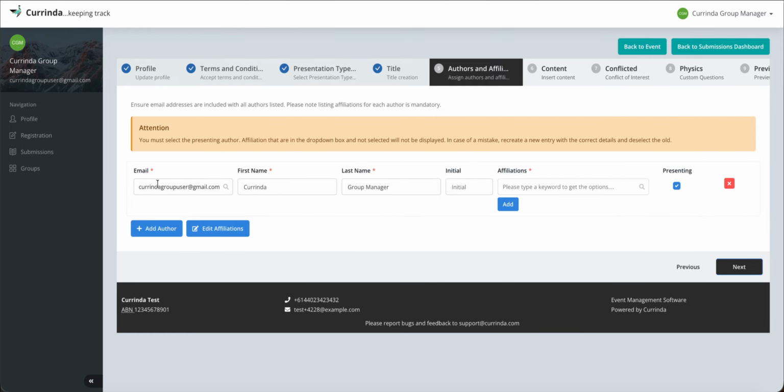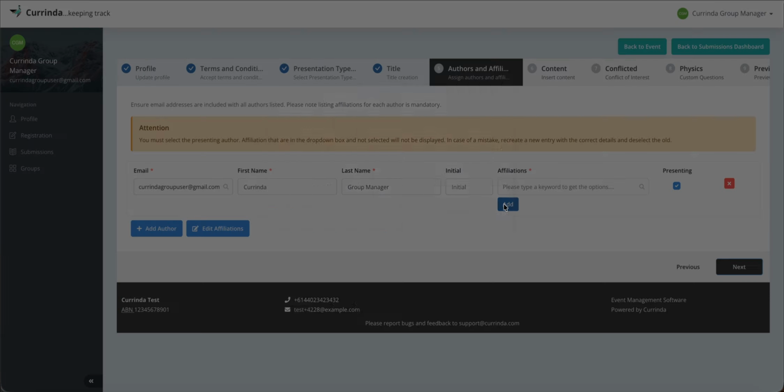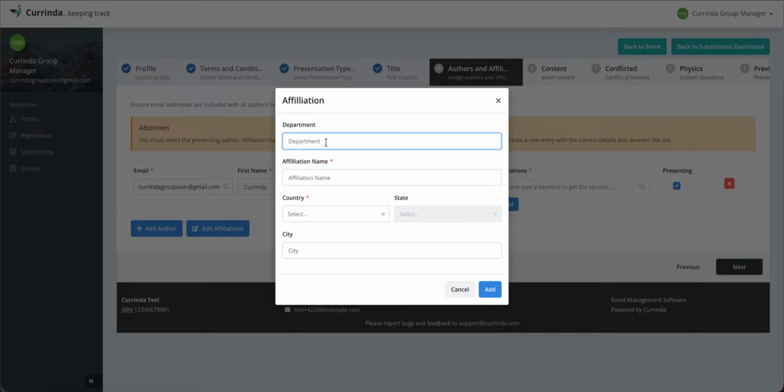Because I'm the submitter, I'm Currinda group user at gmail.com. My first name is Currinda and my last name is group manager. I can put in my affiliations. I can check in the system if my affiliation already exists, if my organization already exists in the system. Let's check. Let's see, my affiliation is with Currinda, and I find something related to Currinda, and I can click here. Otherwise, if my affiliation is not listed, I can click on add and say I belong to support department,